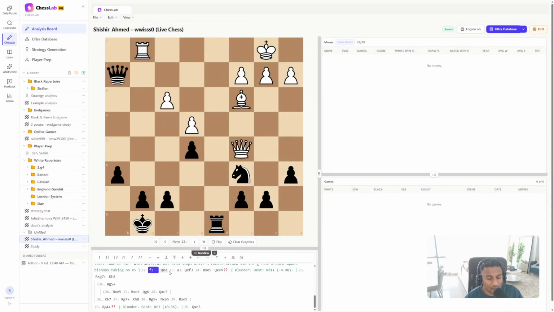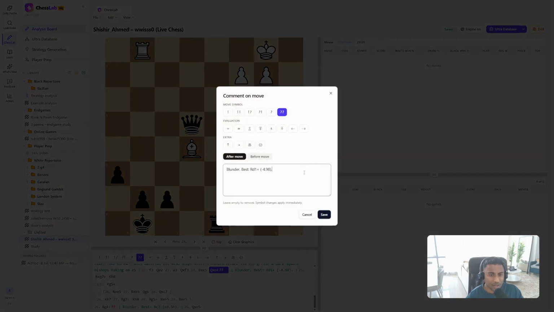Perfect. And then you take some more pawns, and I think here this is a blunder. So here, okay, so there's already that move, but what did you actually play here? So you played queen takes E4. So here, what I would say is